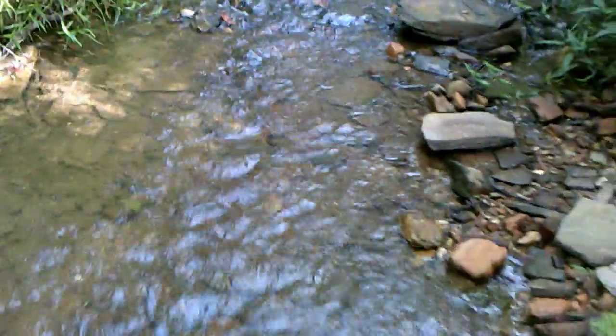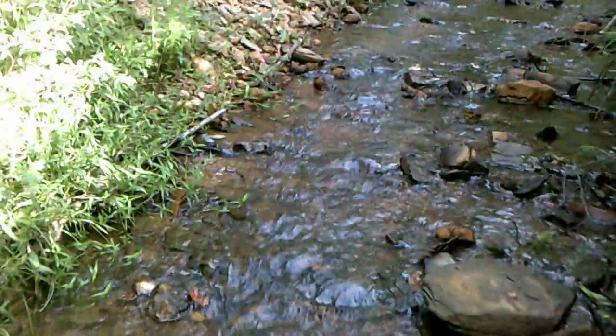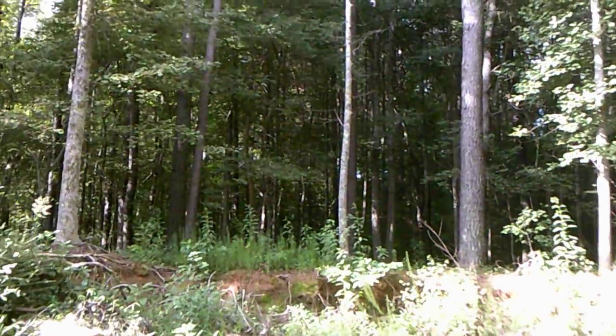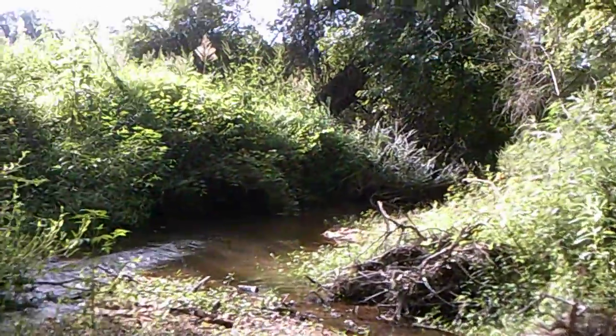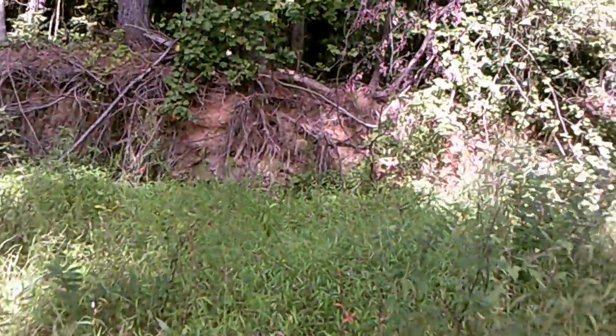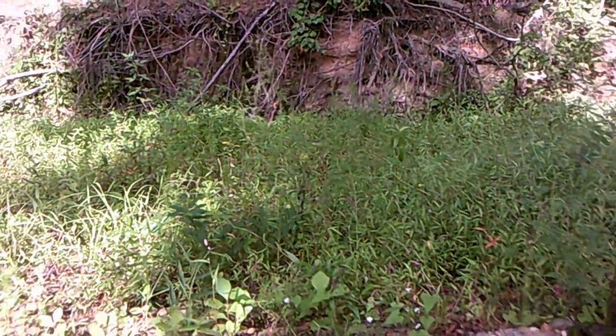But like I said, we ain't done with this walk yet. But we're getting close to the end now. But look at all this right here I get to go through. Now all this section through here was basically made with a track hoe, because the flood had messed up this whole area so bad, it had actually took out this whole. You see how far back that is? That's not the creek. That's where the flood took everything and whipped it right there, and took it all through there and down. So like I said, all of that used to be right here. Okay, so that's a massive amount of dirt and stuff that's